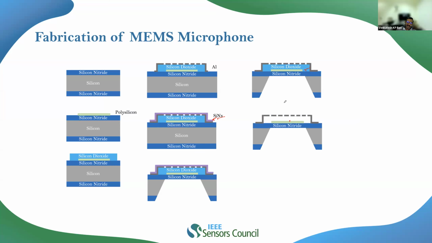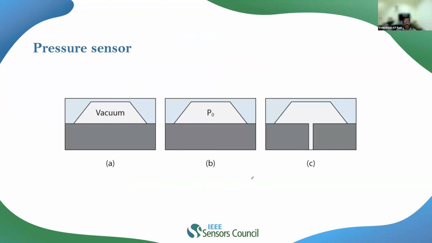So whenever there is an acoustic input coming onto the structure, which will lead to the deflection of the diaphragm, this deflection of the diaphragm will be sensed by the capacitance change between the electrodes. The pressure sensors can be basically